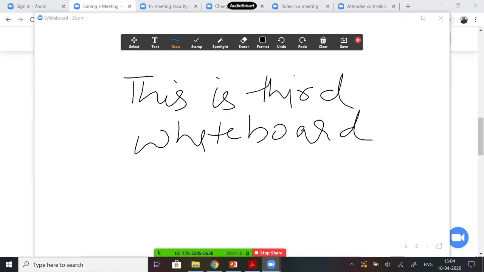So an educator or the instructor can use the feature of whiteboard share to write something to be displayed to the attendees of the meeting for explaining a particular topic. And then as you can see, there is a save button. So when you click on the save button, the whiteboards are saved on the local drive in your system. So this is about sharing a whiteboard and using a whiteboard in a Zoom meeting. So I will do a stop share.